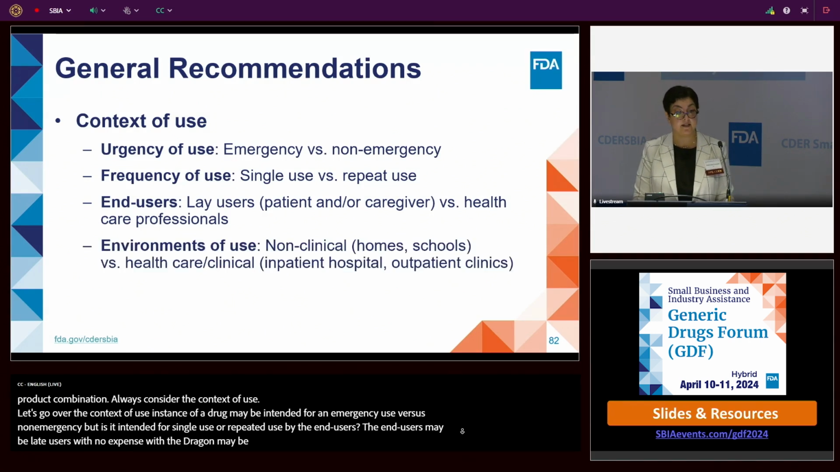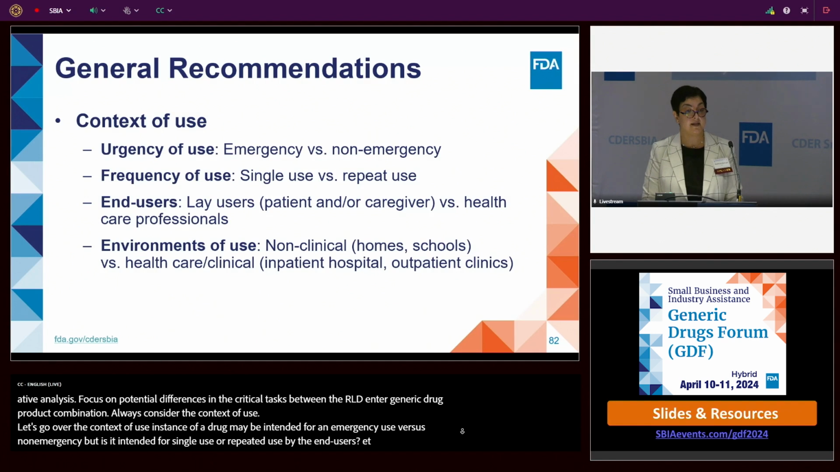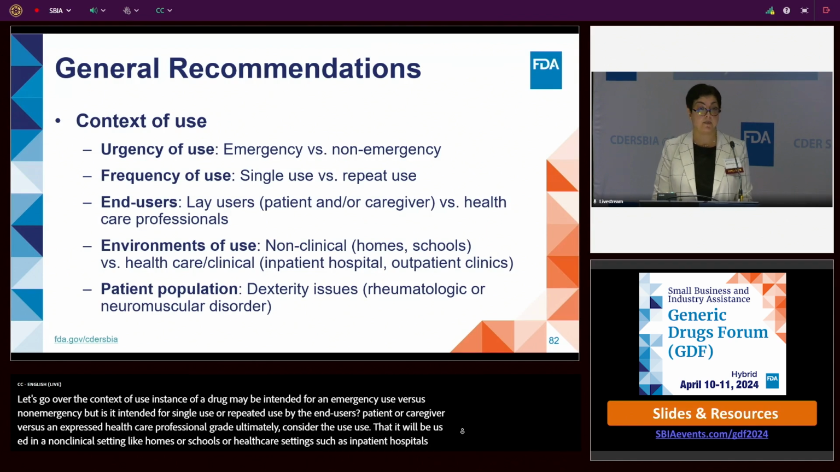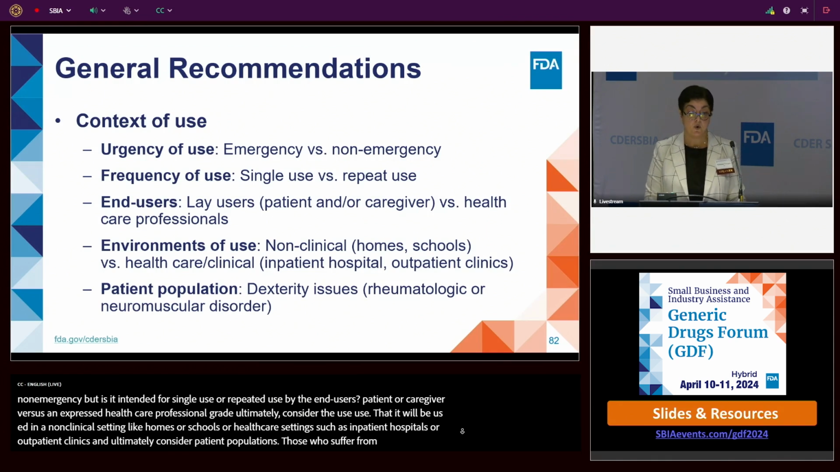Ultimately, also consider the environment of use. Is this drug going to be used in a non-clinical setting, such as homes and schools, or in a healthcare setting, such as inpatient hospitals or outpatient clinics? Always consider your patient populations, those who suffer from dexterity issues, from a rheumatologic or a neuromuscular